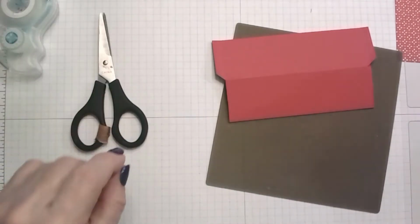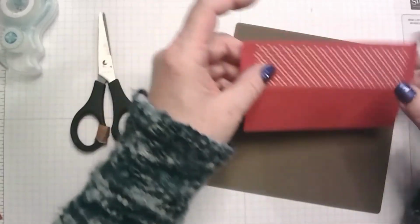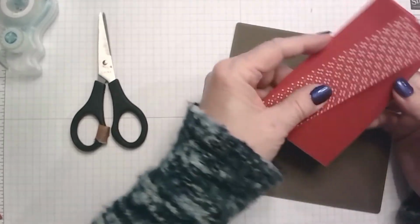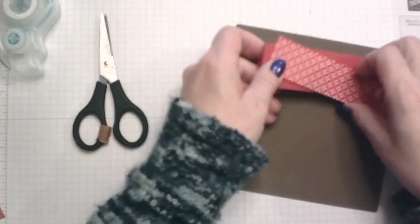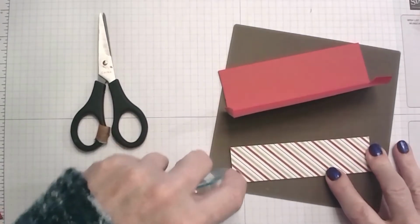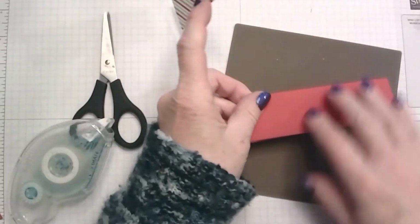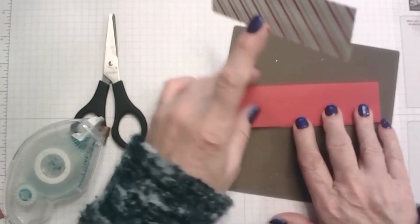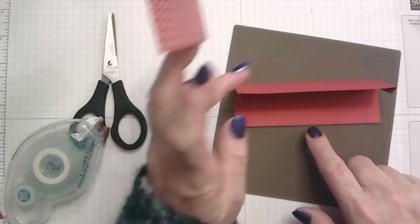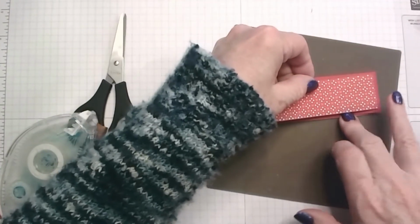Then we will take our designer paper and glue it the same way we did on the base of it. On the part with the tabs, pull it up so you can line it up. And if it has a design going in one direction, you want to make sure that it goes to the bottom of the opening. So we'll put this there,